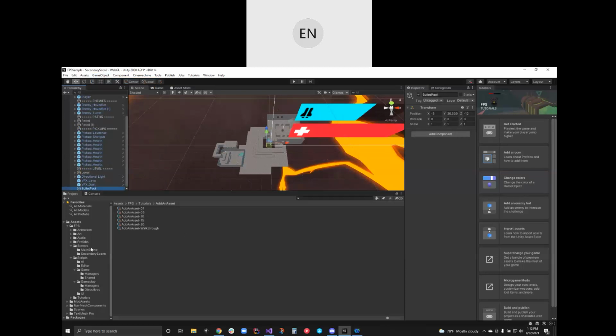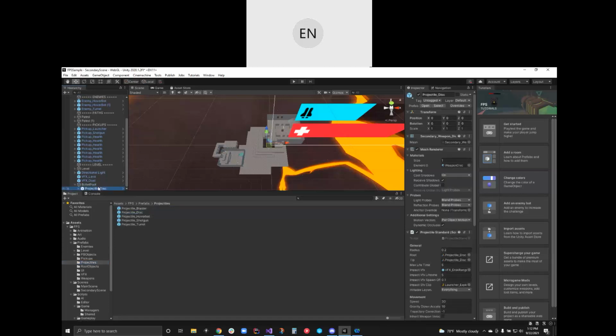So depending on which gun the player has swapped to, you might fill out the pool. Let's just say the user has swapped to the disc gun, right? I might fill up the bullet pool with like 10 disc bullets, or however many makes sense based on how quickly the gun is firing. And then you just instantiate 10 of them and you turn them off, and then you use them as needed.